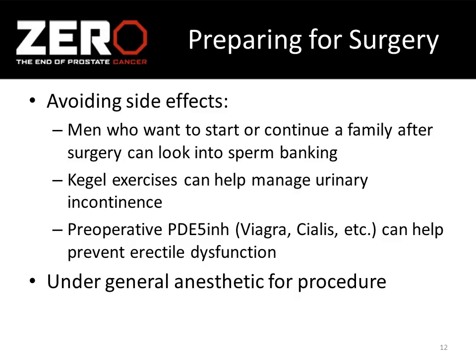So when preparing for surgery, there's a lot of things that men can do to try to improve their outcomes. Any men who wish to have further children should probably do sperm banking in order to do in vitro fertilization. Men who have any risk of urinary incontinence should perform Kegel exercises, the same thing we teach women after childbirth, in order to strengthen and rejuvenate the pelvic muscles. That allows men to get earlier